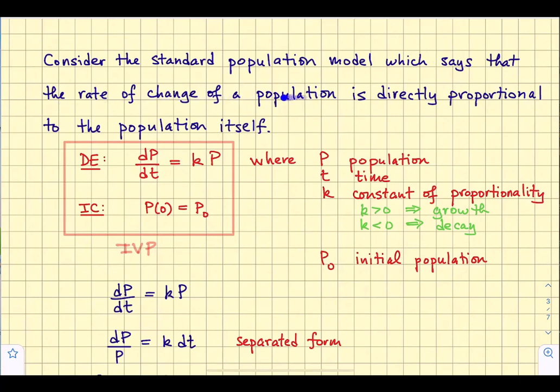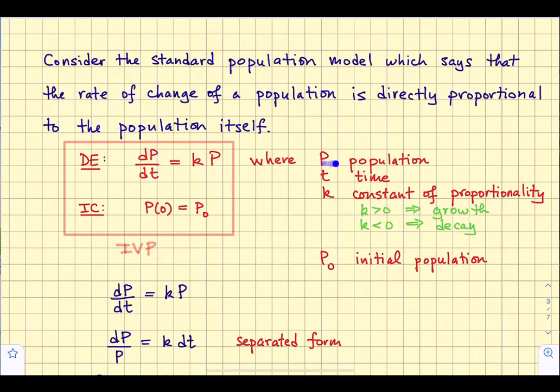The rate of change of the population is directly proportional to the population itself. So the more deer that there are on the island, the faster that they're going to reproduce. The fewer deer that are on the island, the slower they're going to reproduce. So the differential equation here, if you just translate this sentence into a mathematical sentence, the rate of change of